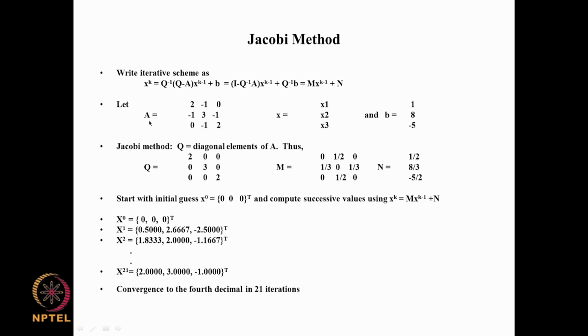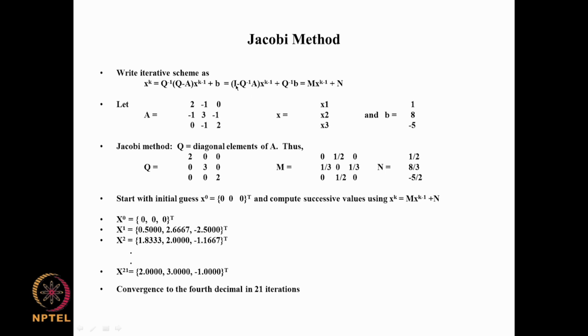So, if for example A is given by these three rows, 2 minus 1 0, minus 1 3 minus 1, 0 minus 1 2, and x is x1 x2 x3, and b is 1 8 5 minus 5, then Q is the 3 diagonal elements. So, that is 2 3 2 and all others are 0, and now you can take Q inverse and multiply